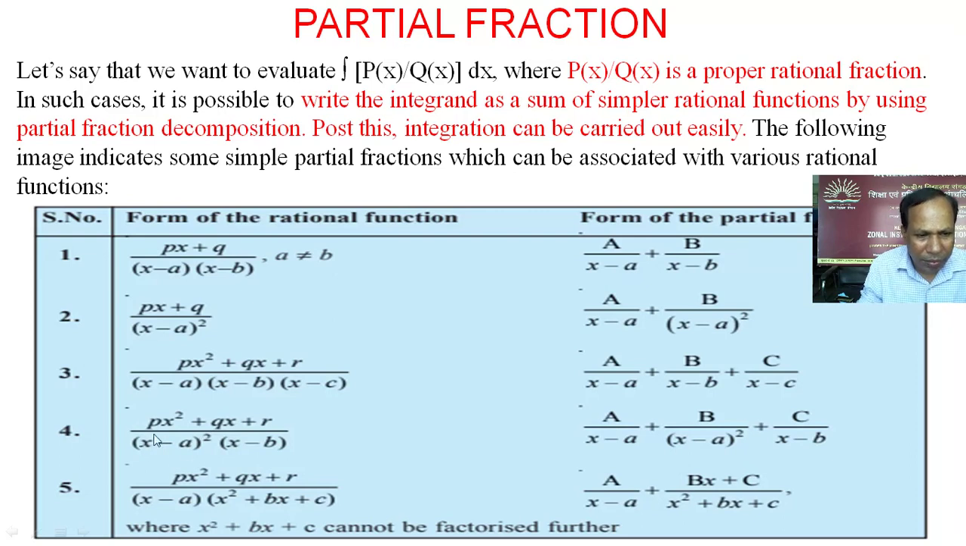Now this x minus a whole square, since it is a repeated factor, first we write the linear one, then we write the quadratic, and finally some C by x minus b. And when we have the numerator by a product of linear and quadratic, where the quadratic is not factorizable, in this case we write some constant A by linear plus Bx plus C by quadratic. That means since it is a quadratic which is not factorizable, there must be two arbitrary constants B and C in